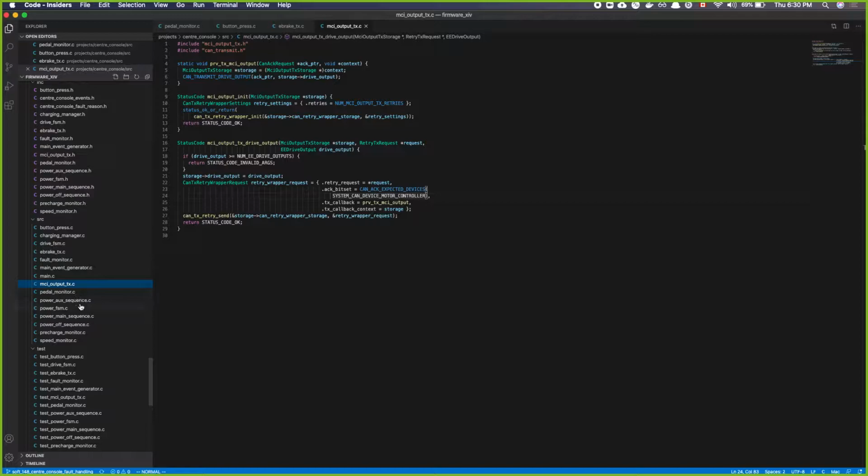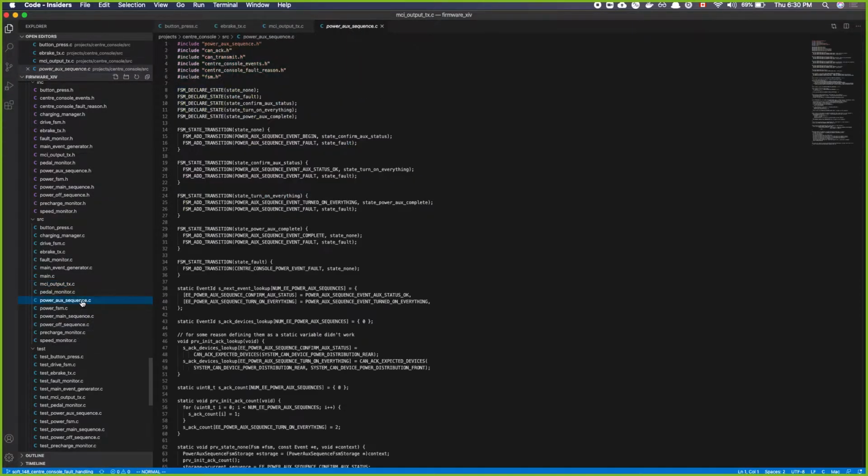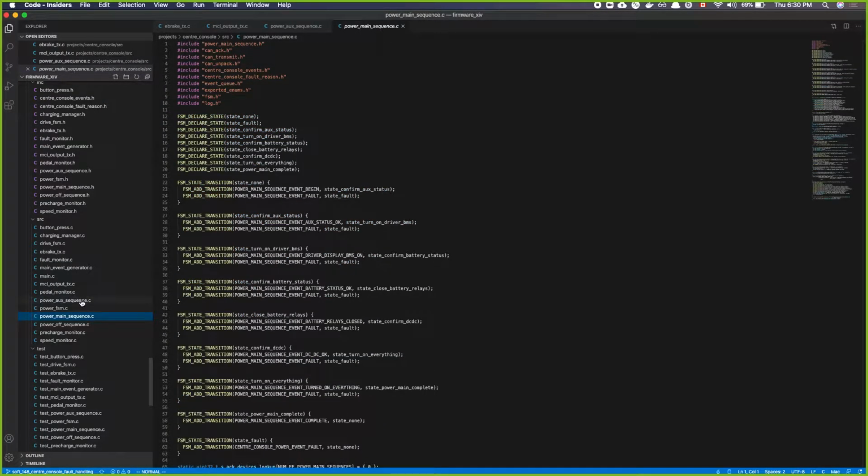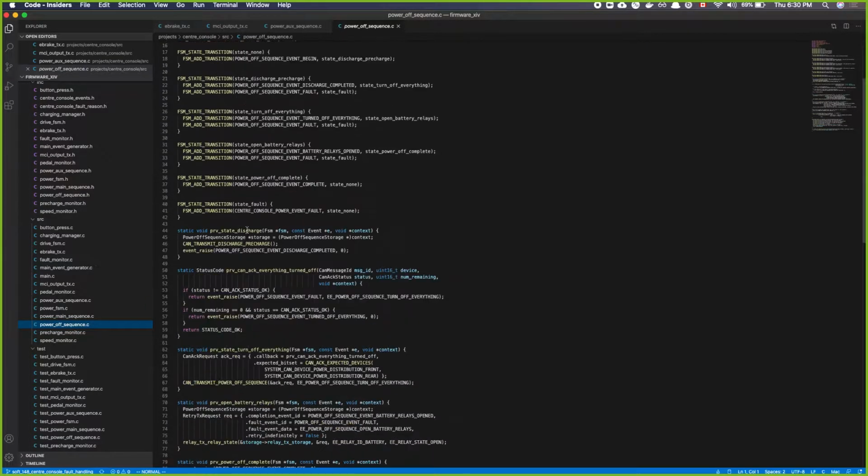Okay. Yeah, that's amazing. I'm glad that it was easy enough to understand. But a couple things that I wanted to mention for the power main sequence, power aux sequence, and power off sequence. These are